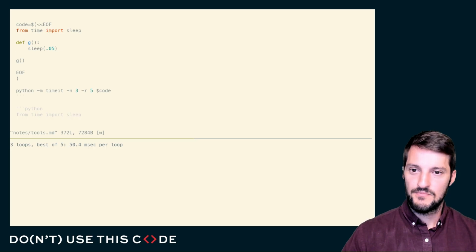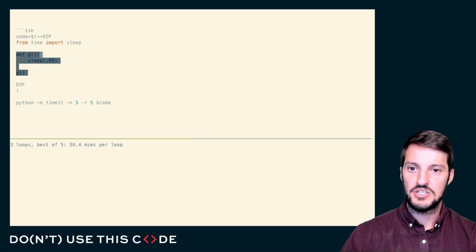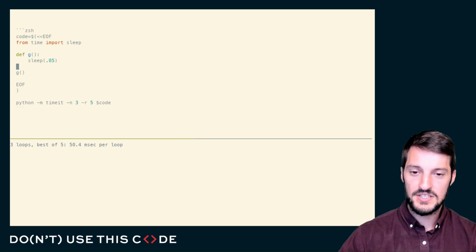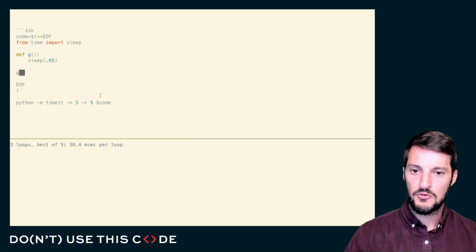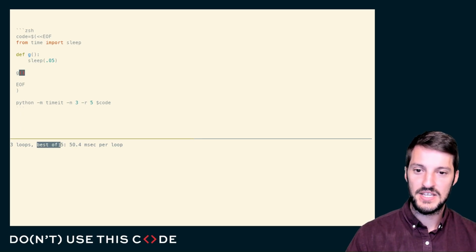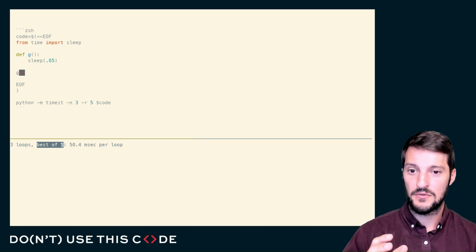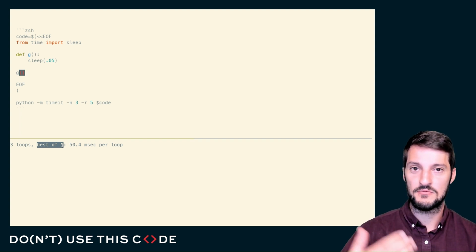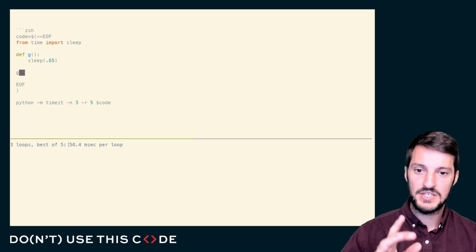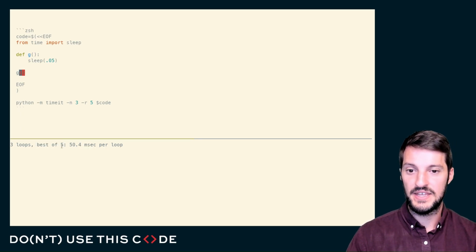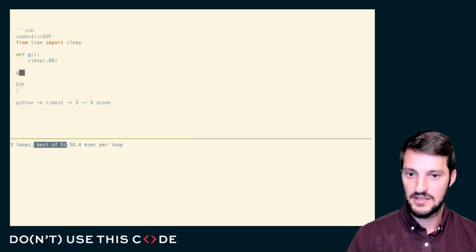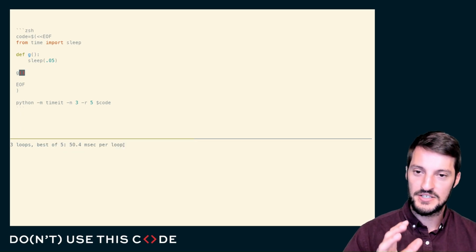This process ran, right? And you can see that all I'm doing is creating G, I'm calling G, and sleeping for 0.05 seconds. And the neat thing is, I ran this 3 times, and in each of those 3 times, I'm actually running that 5 times. So we have a total of 15 tests, 5 occurring within the same process, and then 3 occurring within separate ones. And so what you can see here is I'm actually running this multiple times, and then it's taking the very best timing, which gets into a little bit of the theory, and I don't want to spoil it too much,